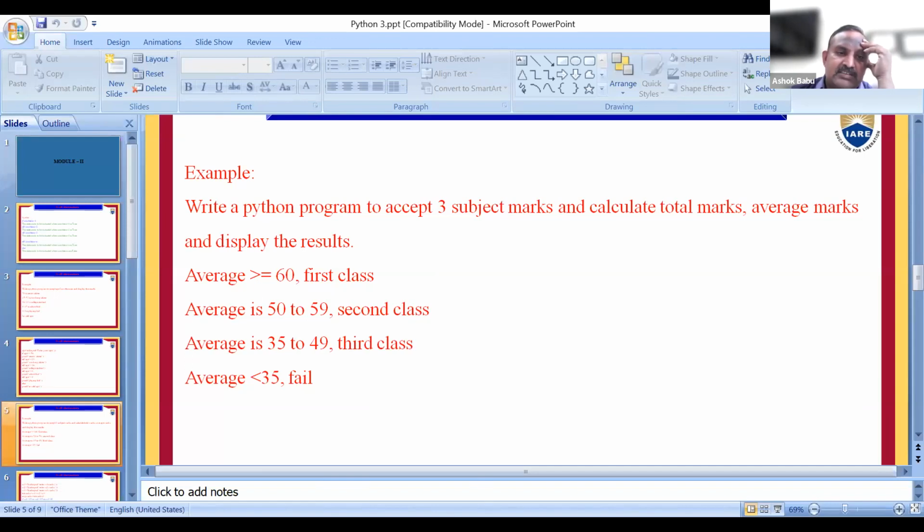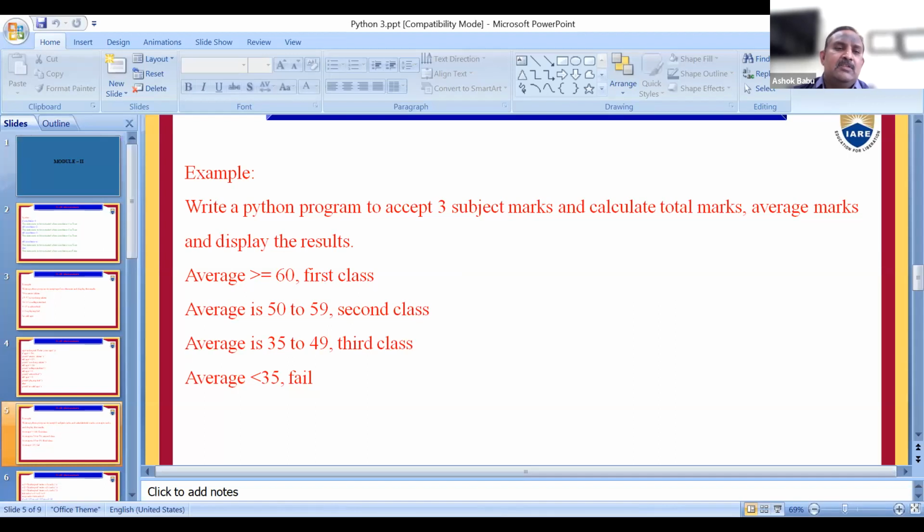If the average is between 50 and 59, we need to call it a second class. If the average is between 35 and 49, we need to call it a third class. And if the average is below 35, we need to call it a fail. So by using these 4 conditions, we need to write a program.